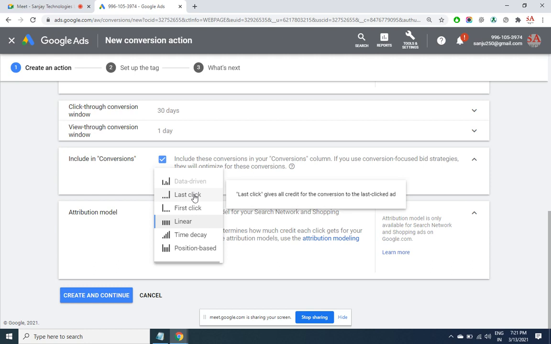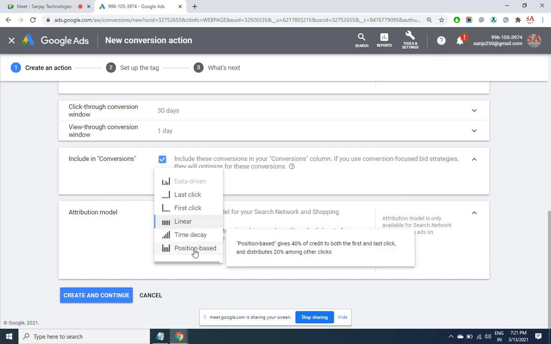In 90% of cases it is last click and in 10% of cases it is linear. I don't think anyone uses first click or time decay or position based. Position based means if your ad has come at top rank in Yahoo but a little lower in Google, maybe the user has clicked the Yahoo ad first, then the Google ad and then signed up, but Google will not take credit. Why? Because the ad position in Yahoo was better, so it is not going to take the credit. So that is position based.